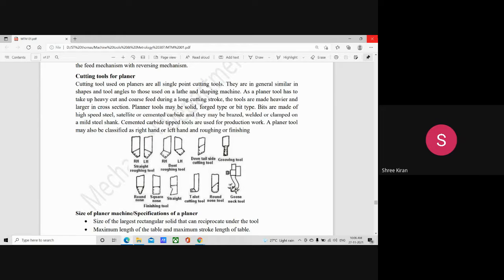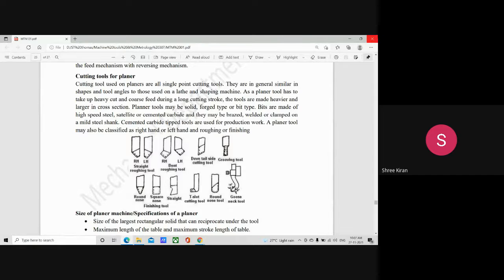Where have we discussed single point cutting tools? Asaf, can you tell me where we have discussed the single point cutting tools, in which case before, previously? Muhammad Asaf? Yes, sir. Where we have discussed the single point cutting tool, in which case before this topic? Shaper. Fine. Yeah, in shaper. That's it, I just asked a question. Nothing else. Okay, thank you.